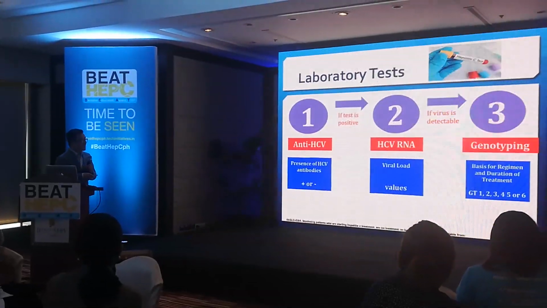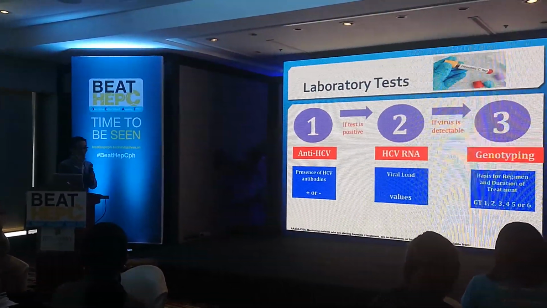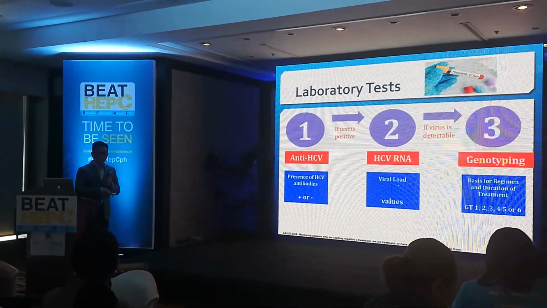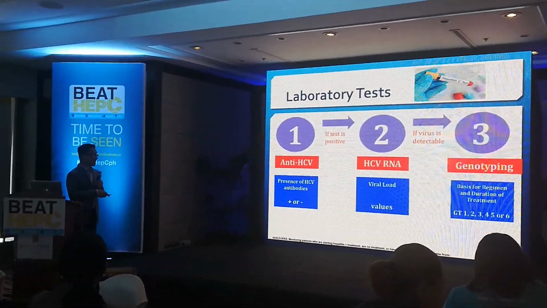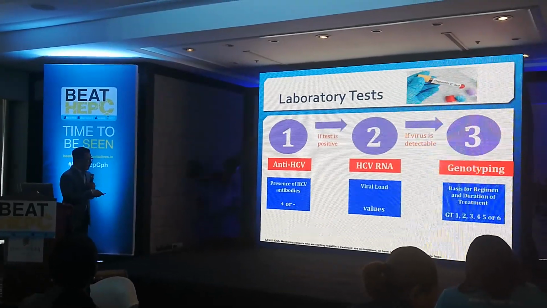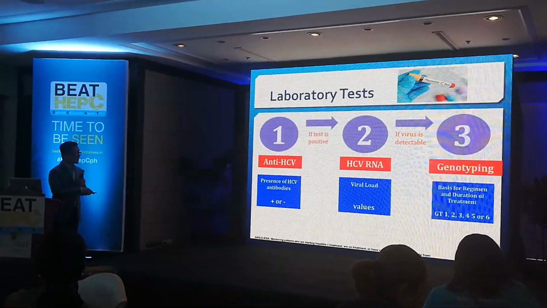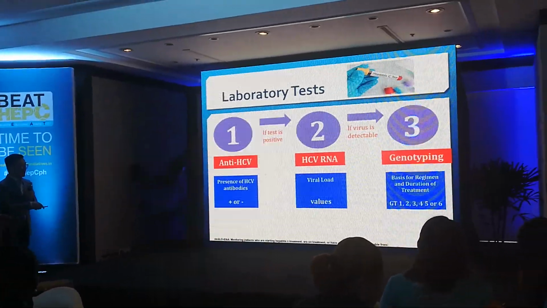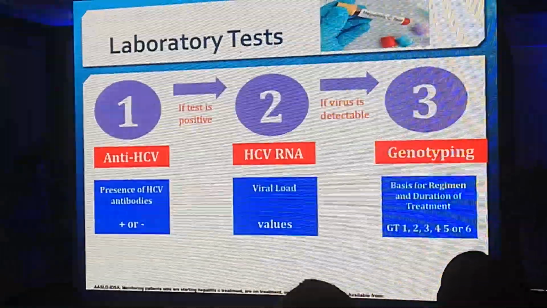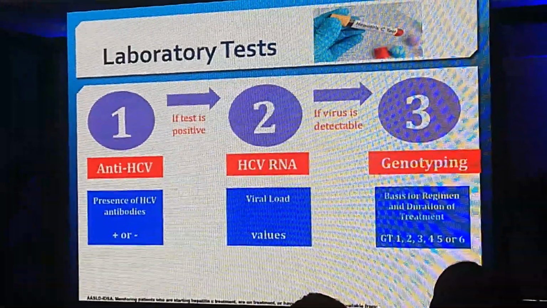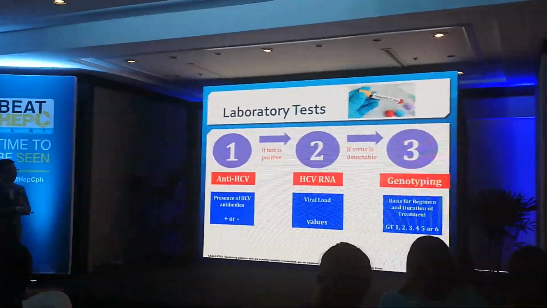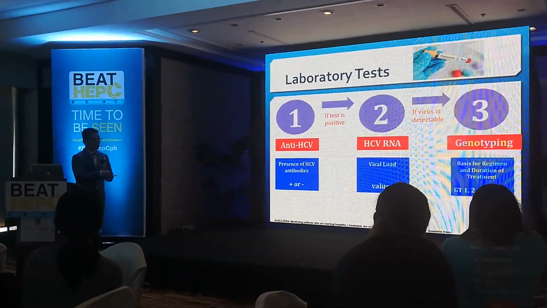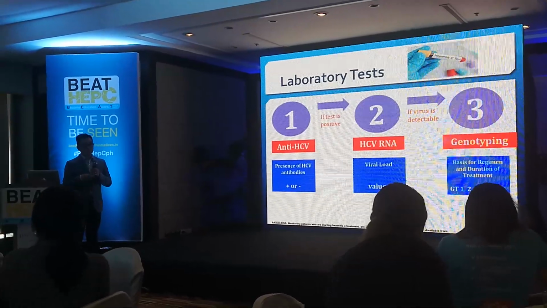So in summary, first, if you want to screen a person for hepatitis C infection, you test that person for the antibodies to the hepatitis C virus. And then if a person turns out to be positive for this test, then you need to do the second test, that is the HCV RNA. Again, if the HCV RNA is detectable, then that means that the patient is currently infected. Then that genotype, when we talk about treatment. So that's something that we do if we do decide on treating the patient.